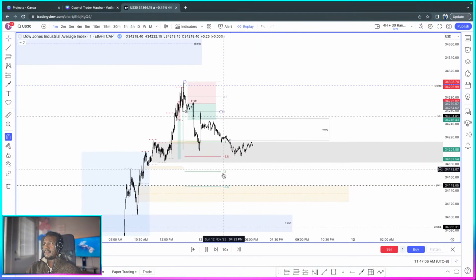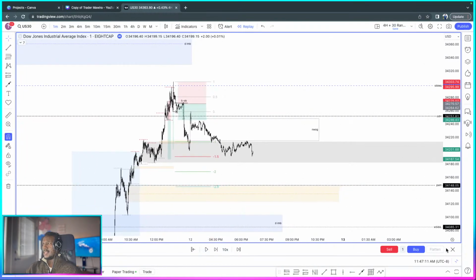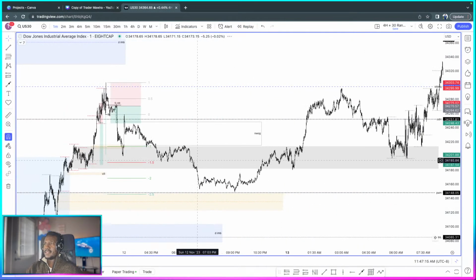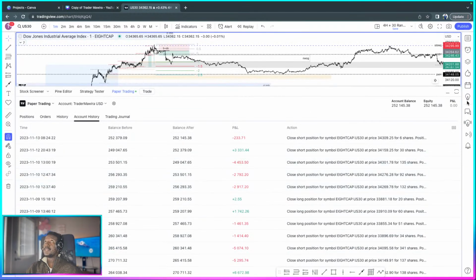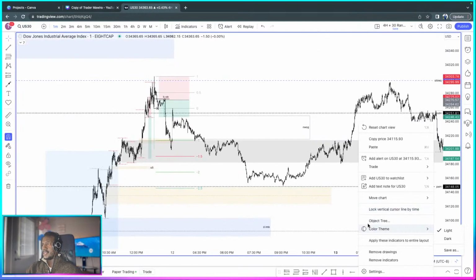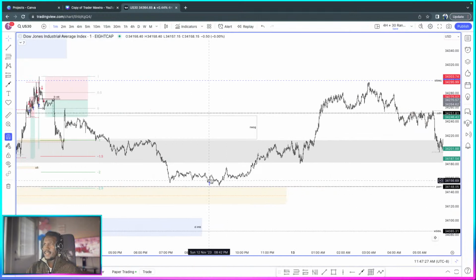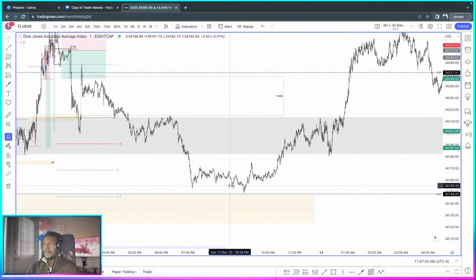Wait, they didn't get to here. Okay, let me just see, whatever happened. Yep, right there, it did its thing, and we go right here, and that is where I took out a partial. Let me pull up the execution so we can see exactly where. Right there, I took a partial at 8:45 yesterday, and I did good because see what happened.